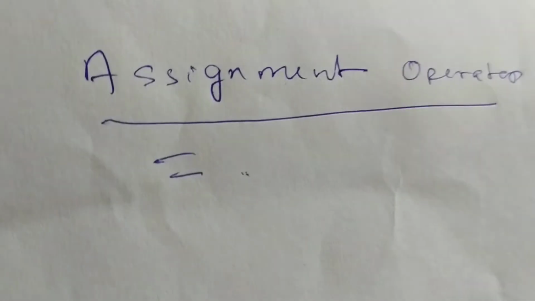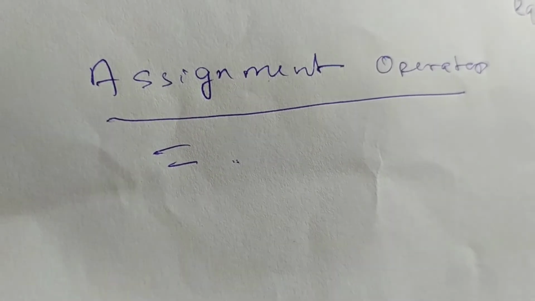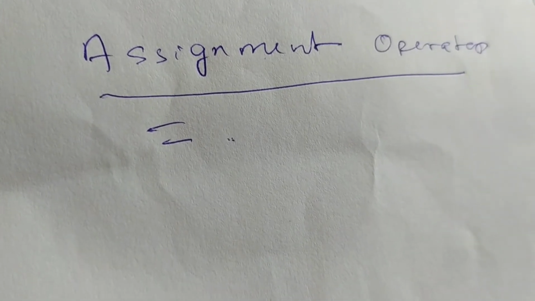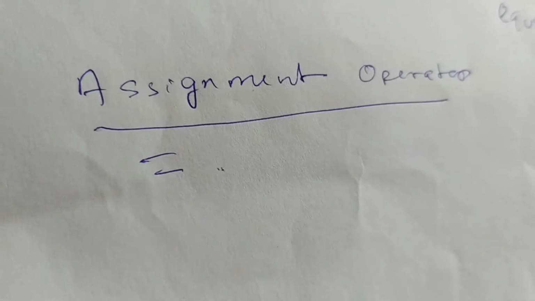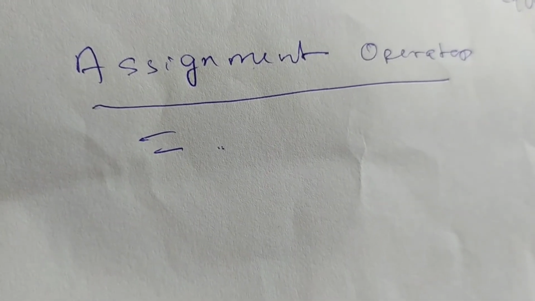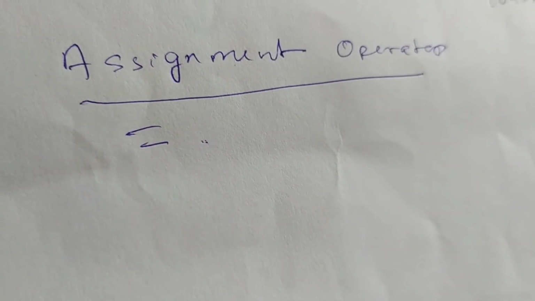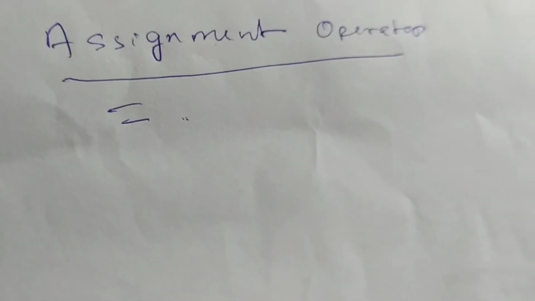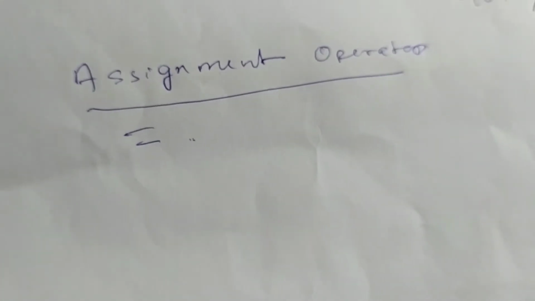So in this way there are certain other operators also, like the increment operator or decrement operator, then the pointer manipulation operator. There are certain special operators also, but we will discuss them later on, because in this video I am going to show you how to do certain calculations by using C language. Okay, so I am writing it and explaining it through a program.